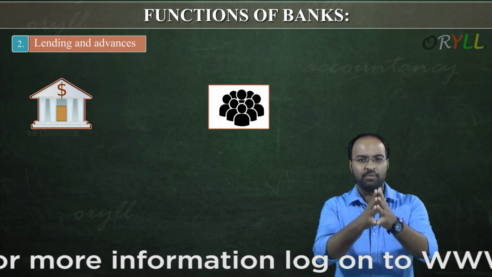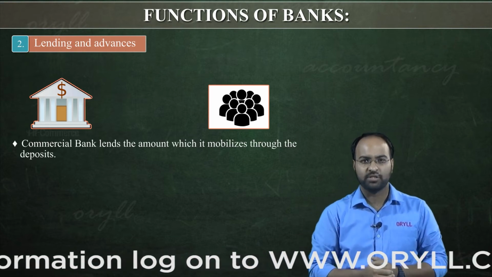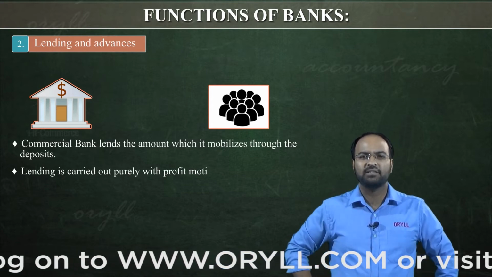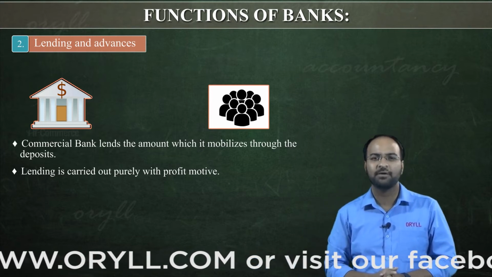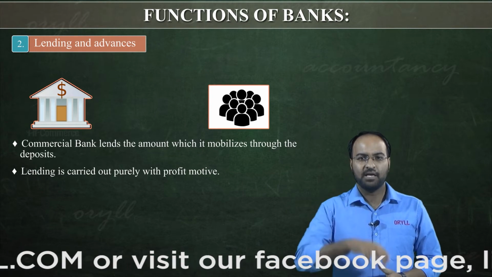Got it? Commercial banks lend the amount which they mobilized through deposits. Got it? Now sir, why are banks lending the money? Sir, simply to earn profit here. Understand the difference here. What is happening is, when the public is depositing, our first function,